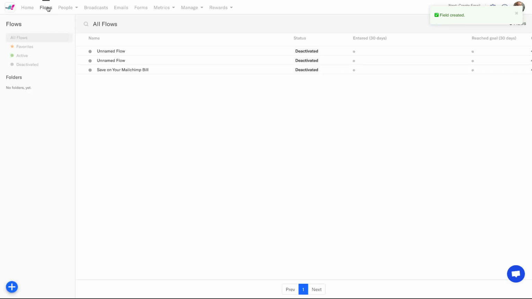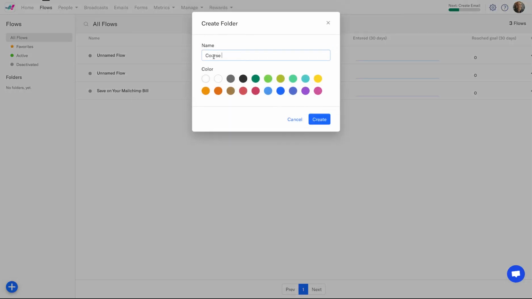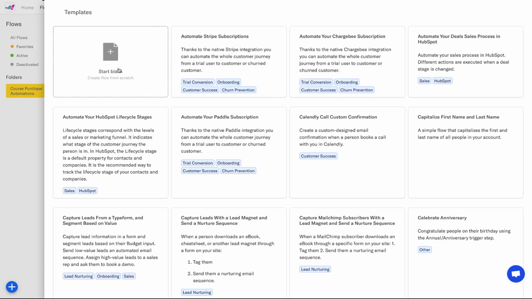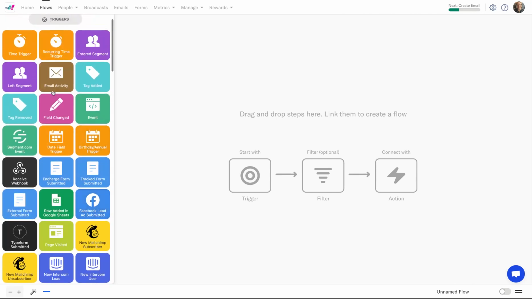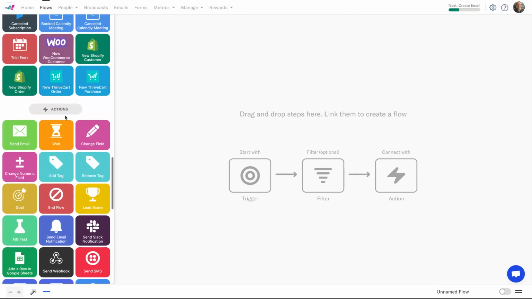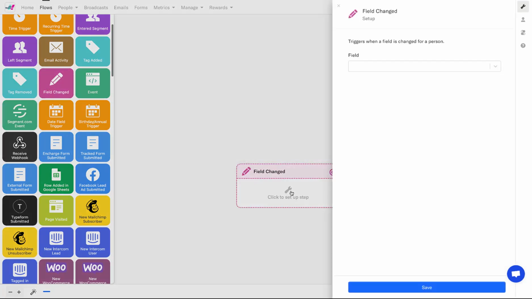Then we go to Flows at the top, click at the bottom left, and again, we can create a folder for our courses. Course Purchase Automations. And we do that here, and we click to create a flow, start blank. And the trigger here would be, these are all the triggers here, would be that a particular field has changed, right? So here, field changed is going to go in this trigger box over here. So you just drag it on, you click to set it up, and you choose that course field, Course A,